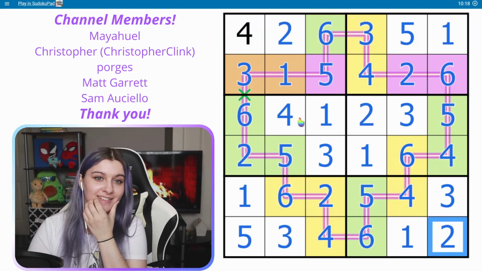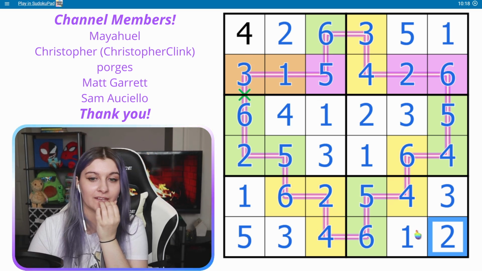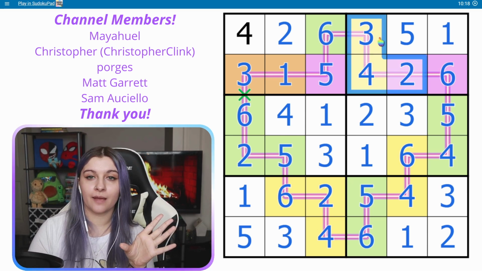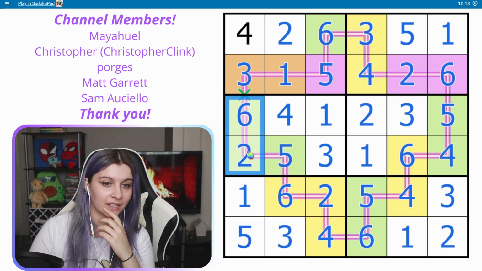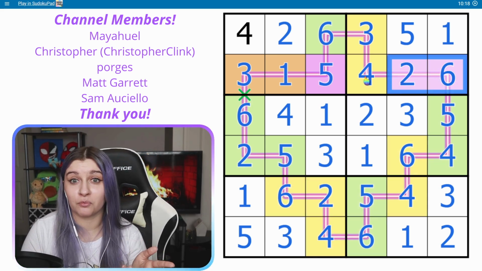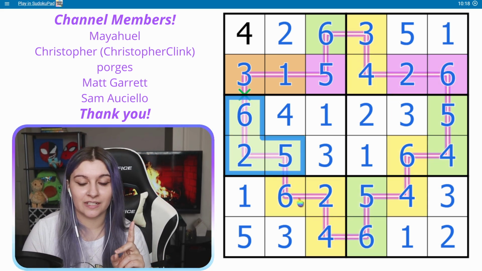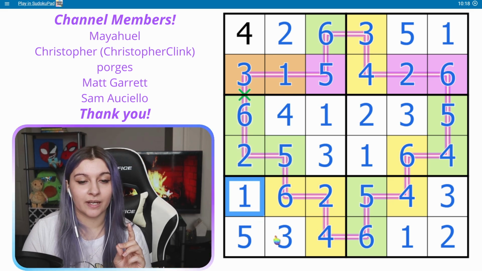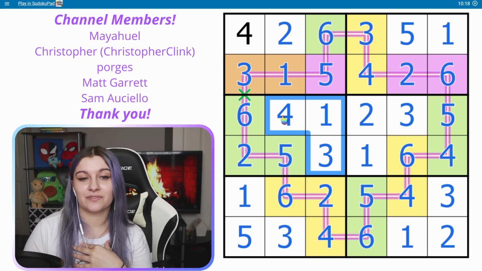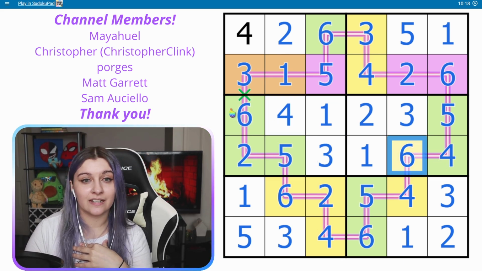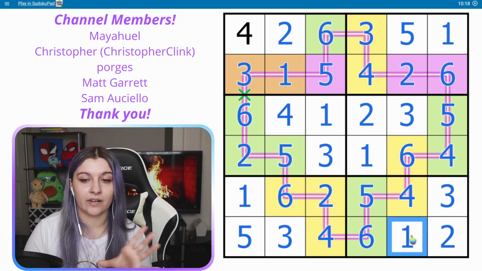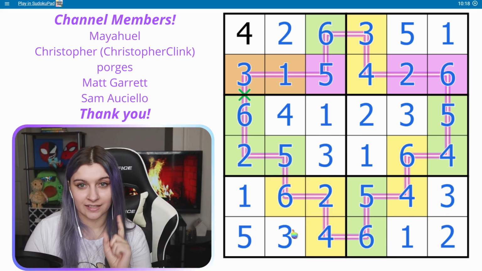This was really neat! I liked... Oh, where was it? There was something I wanted to mention here. Oh, I had so many options here, but going back to the 13 and just the minimum possible was what I needed to know in order to have enough room for all of these. That was really neat. I liked the way that worked out. And then thinking about the negative space also. Oh, look, 413. Thinking about the negative space here, and how I needed a 6 in this row, but I didn't want 6 in the negative space, or like where I needed to put the 1 up here and that kind of thing. Those were really cool